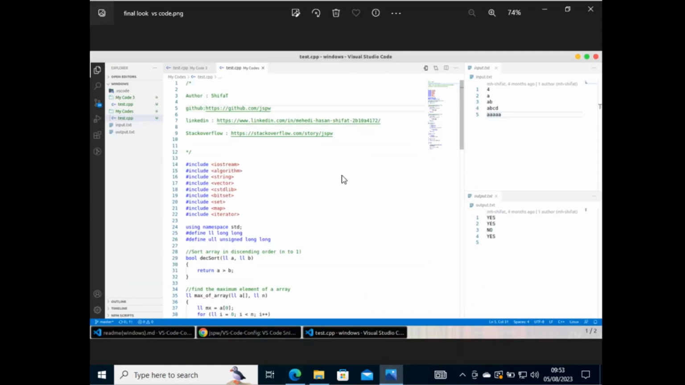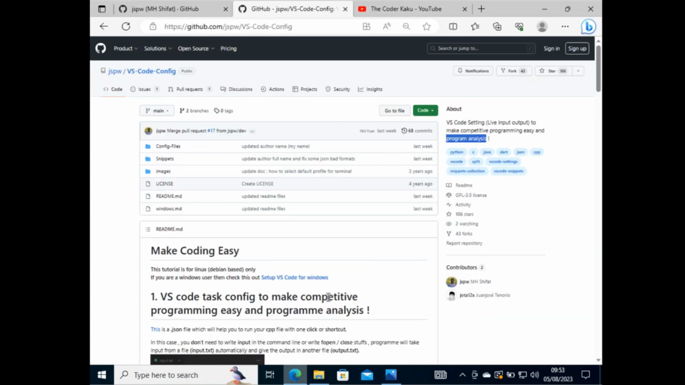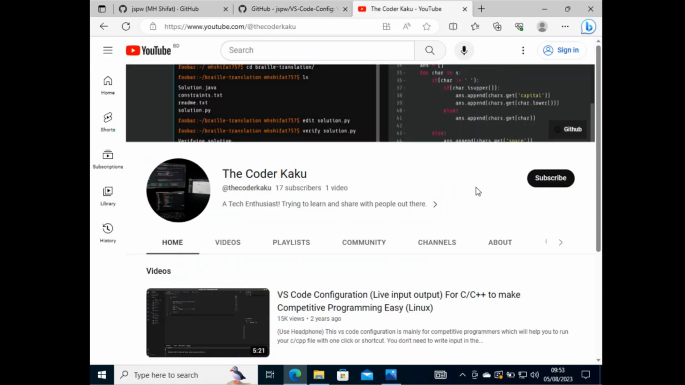Actually, I did make a video on setting up the configuration for Linux machines, Debian based, on my YouTube channel, but it turned out that setting up for Windows machines is complex, or I would say tricky. Though I have a separate README file documentation in the repository, many people suggested I make a video for